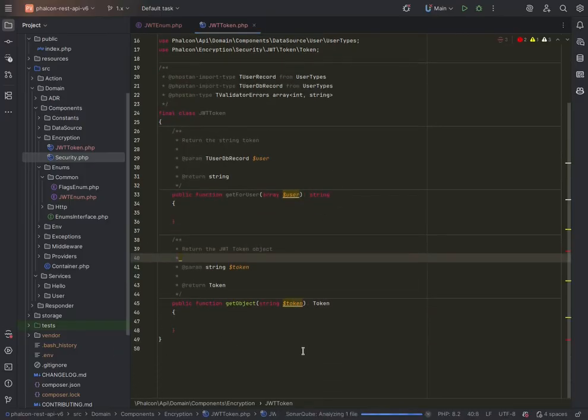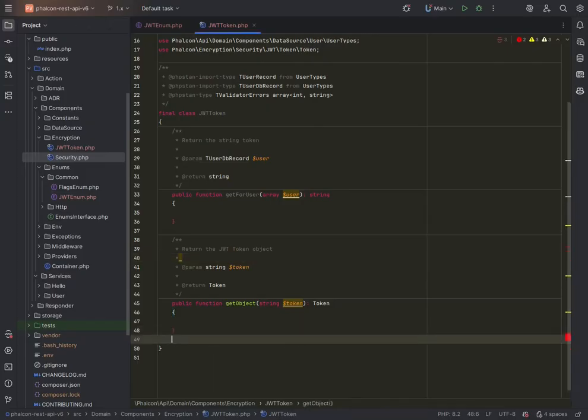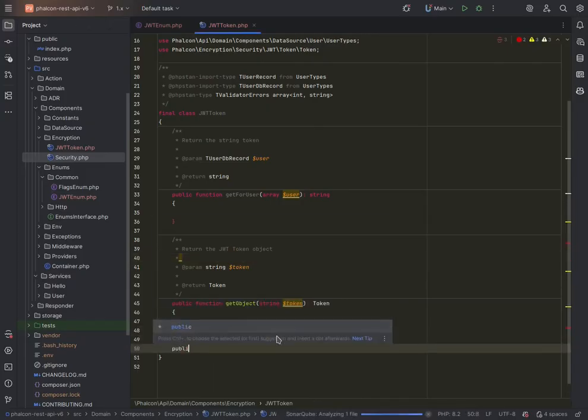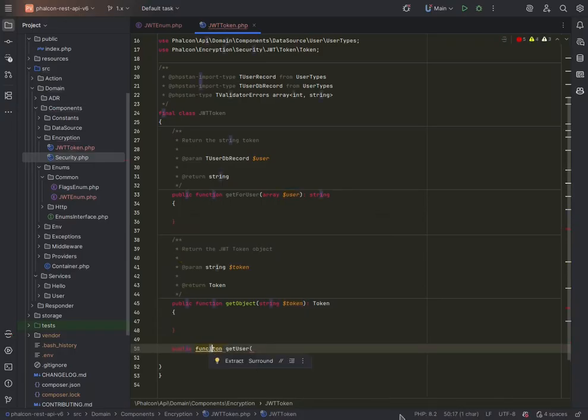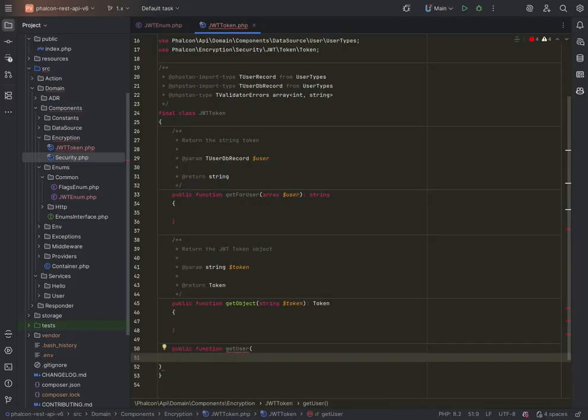Now we need a way to get a user and then to validate a user. So public function get user, and in order to get a user, there you go, that's better spelled. In order to be able to get the user,